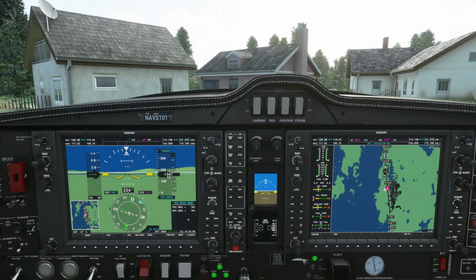Okay, so one of the really good updates is the ability to actually darken the screen. So you can see here I've got these set at 70%, because beforehand these screens were really bright, and to do night flying with these screens was ridiculous. But now you can actually turn it down, so that's really cool.